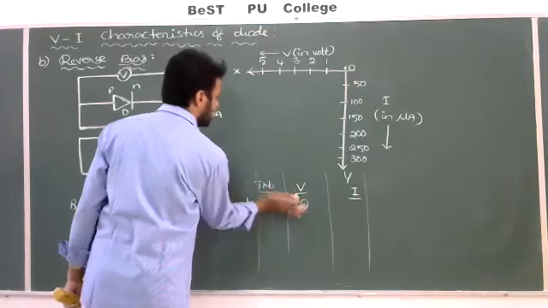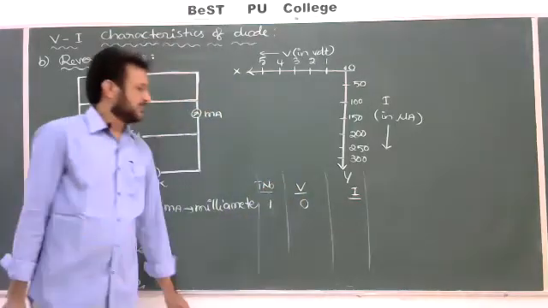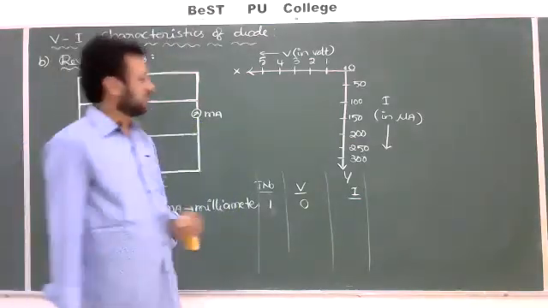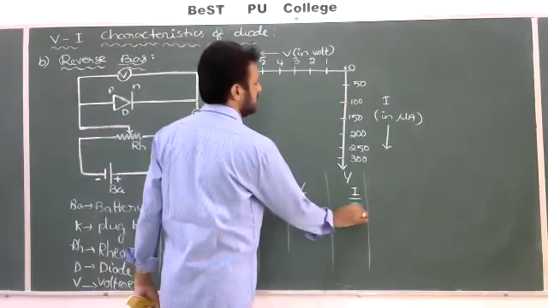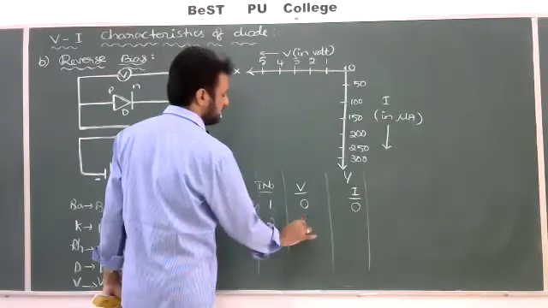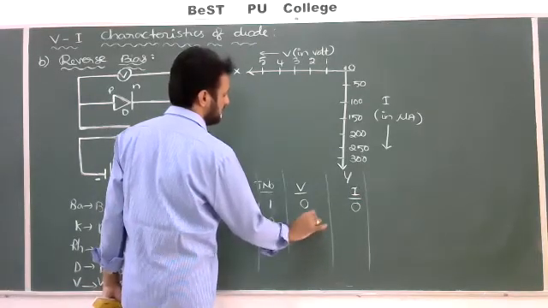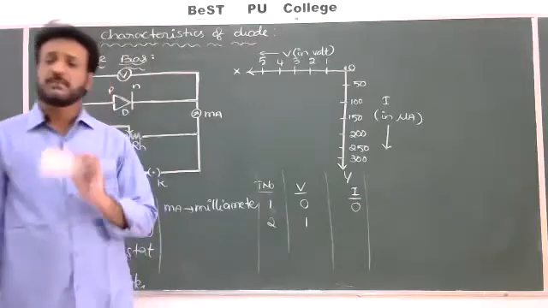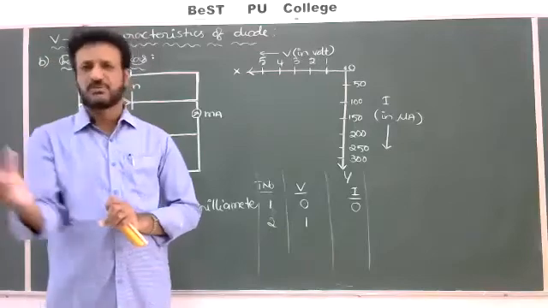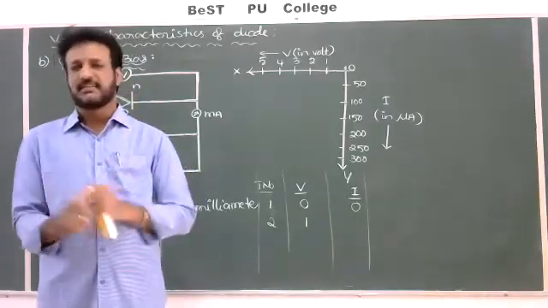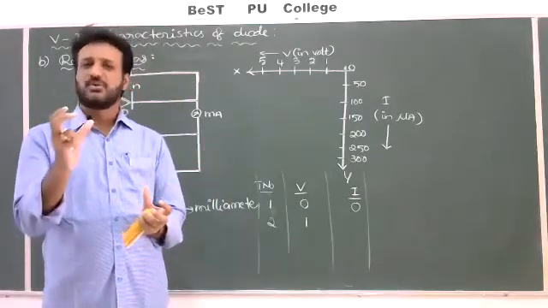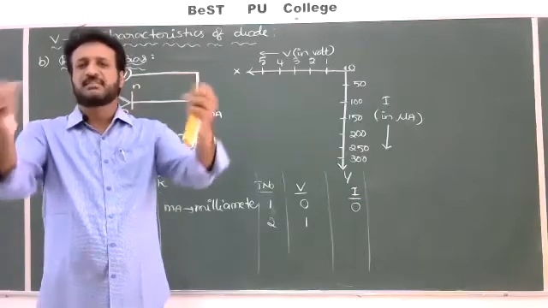First I am applying 0 volt. Whenever we apply 0 volt, what will happen? There is no flow of electrons and holes and also no current passes. It is equal to 0 you should take. Now I am applying the second trial, 0.1 volt or 1 volt. Whenever 1 volt is applied, what will happen? Electrons in the N-type semiconductor are repelled by the positive terminal. Holes in the P-type semiconductor are also attracted by the negative terminal. So both electrons and holes, because of the attraction, are moving away from the junction.